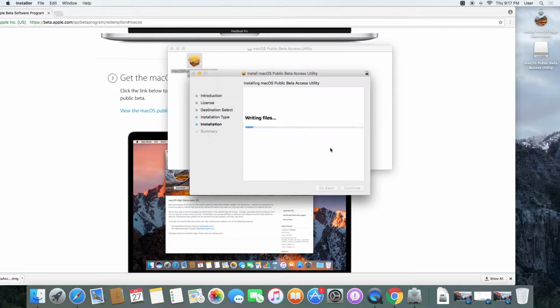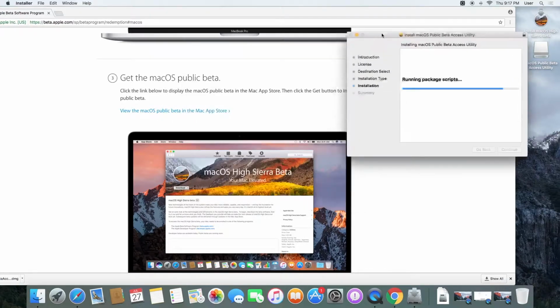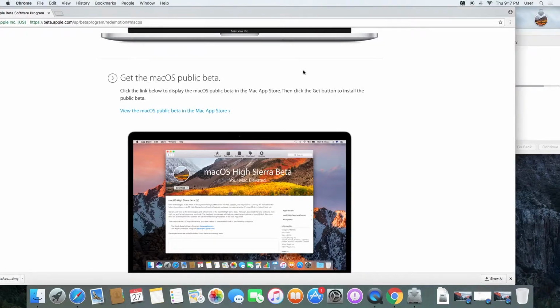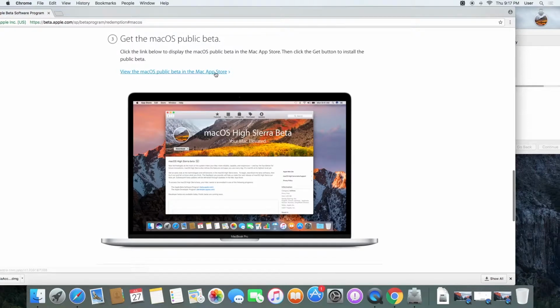Not a very secure password, but again, this is just a blank account I'm using to do this here. That'll let it run all its scripts. This shouldn't take too long. Meantime, you can go back and close out of all this. And what you'll want to do is we're going to move this to the side so we can see when that's done. You'll want to go ahead, once that's done installing, you're going to click on this link,